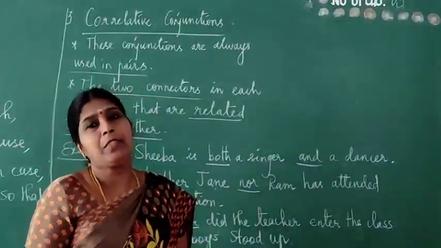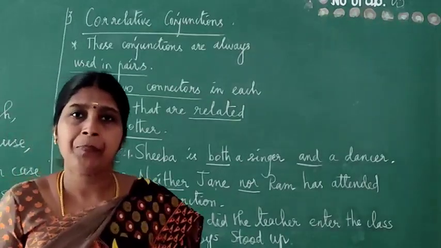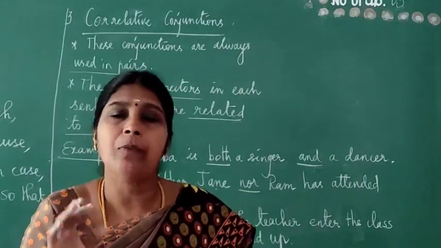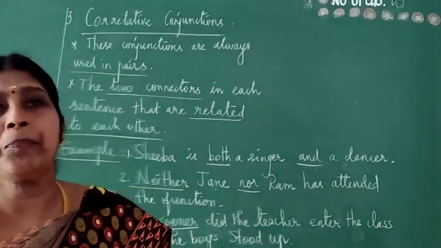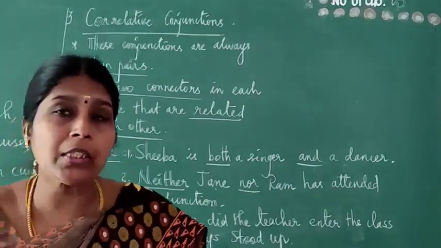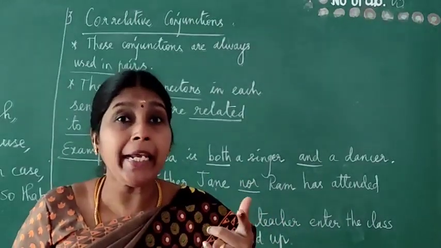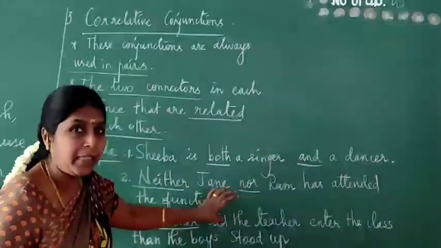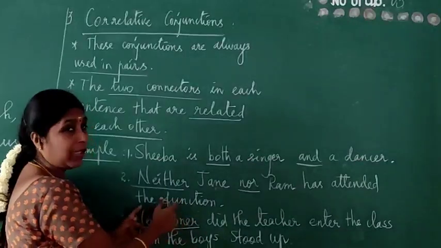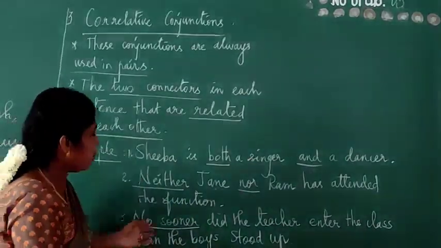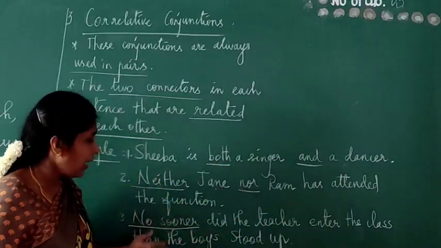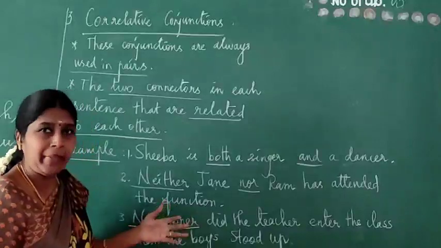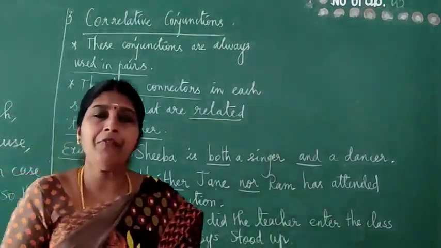If a do form comes, do form means do, does, did. You understand? Do, does is present tense, did is past tense. For example, give. How do we spell that word? Does plus give, gives. Did plus give, gave, past tense. So like that we have to split the word and write it down when no sooner comes at first. So, no sooner did the teacher enter the class than the boy stood up. When the teacher entered the class, the boy stood up. So this one has the same meaning. You understand, all of you?